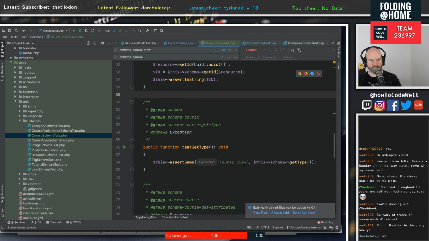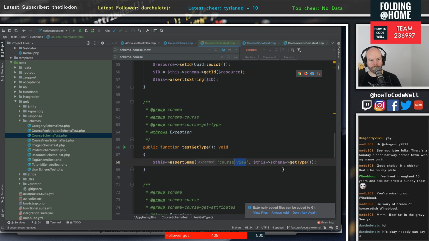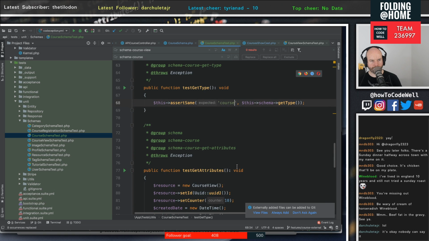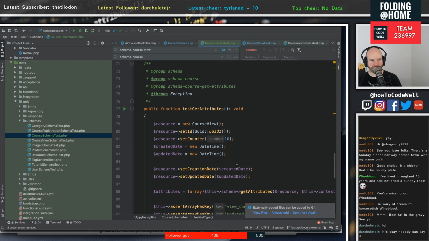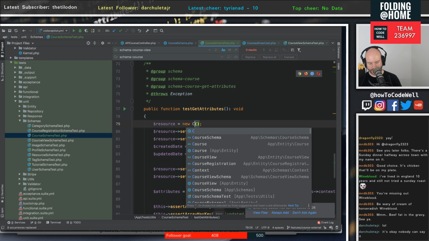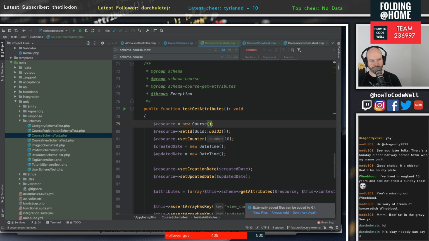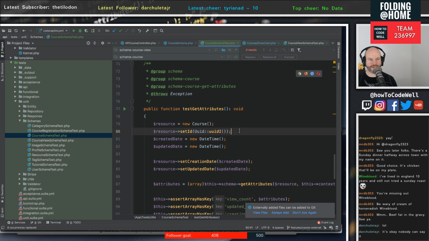And this is going to check the type. So we might as well put these in. We may as well. And this is going to get the attributes. So we would instantiate a new course, which is here. We're not dealing with the counters today. What we are dealing with,